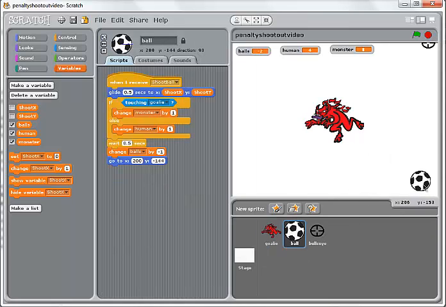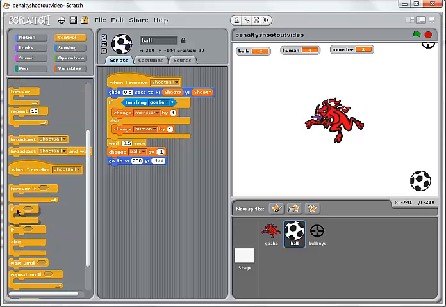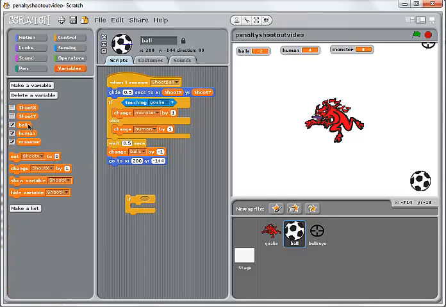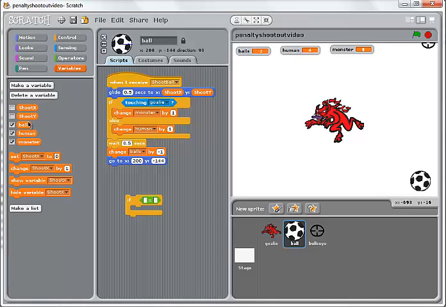I'll go back to the ball sprite, and just after changing the balls by -1, I have to put another condition to check that the level of the balls has not decreased to 0. So I'll go to the control section, I'll put in an if statement, and I say if the number of balls. Actually, I want to compare the number of balls to 0, so I'll have to go to operators first and use the equality. So if the number of balls is 0,